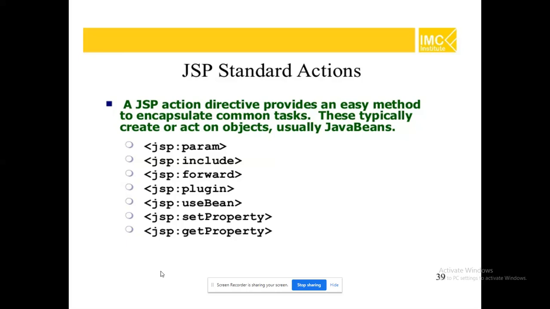Next, JSP standard actions. So what are all the action tags that we can use here, right? The Java code termed as being here. The Java code, what I am using within my JSP program, could be managed through all those things. Parameter, include, I could include those files. Forward, it is like our history object, right? Plugin, I could incorporate a third-party component within my environment. Use bean, I could use a Java class directly within my program.